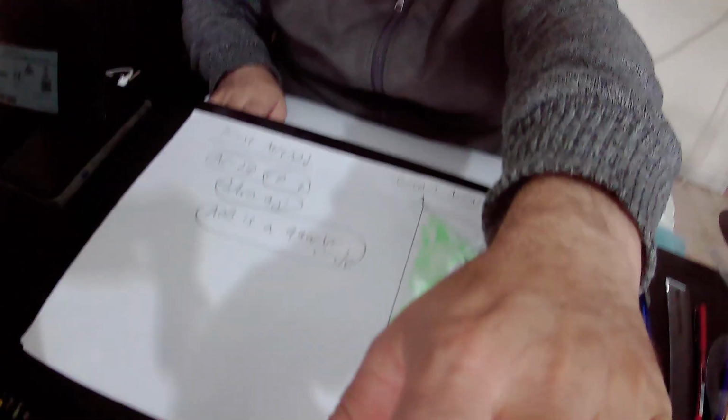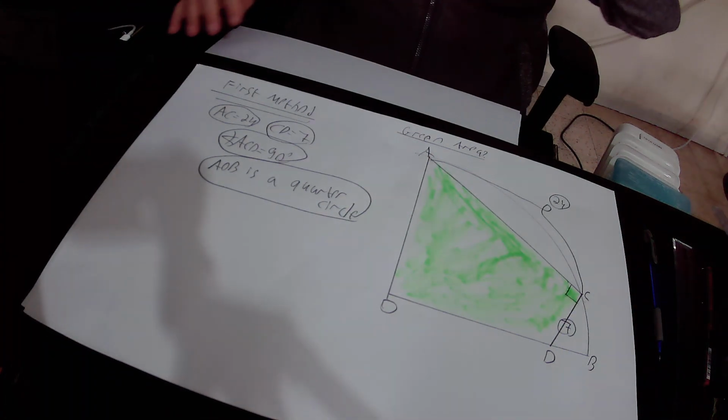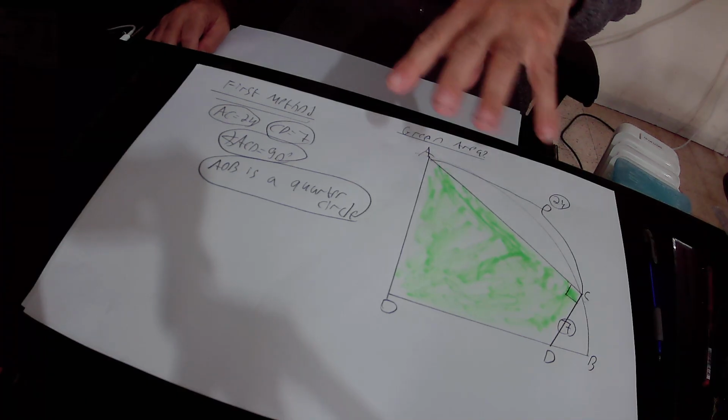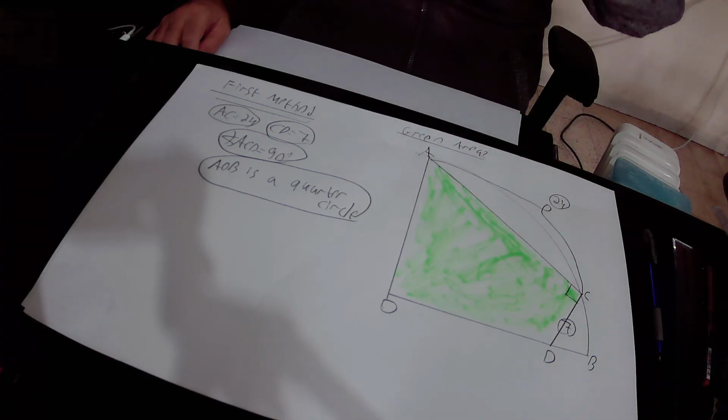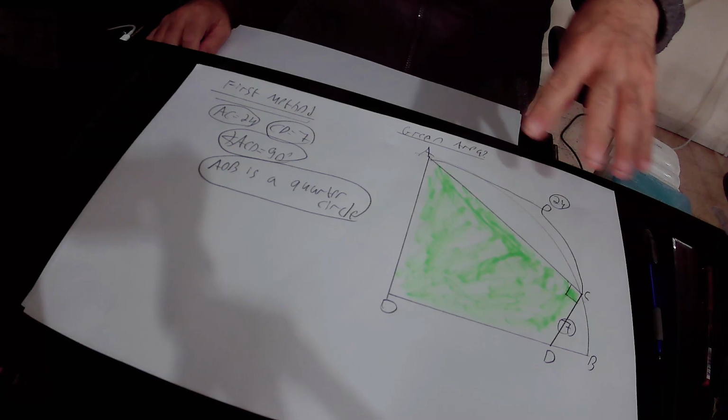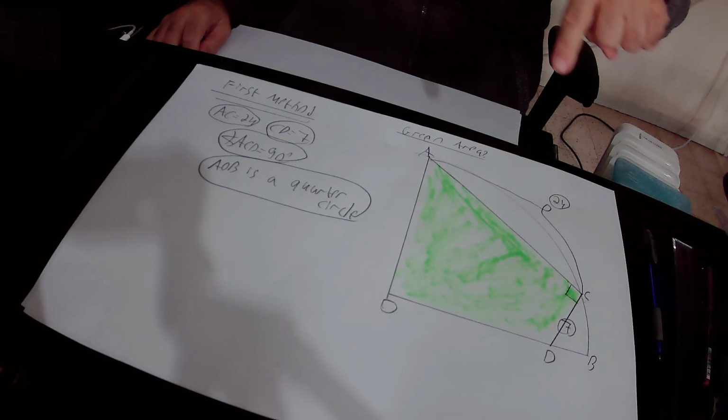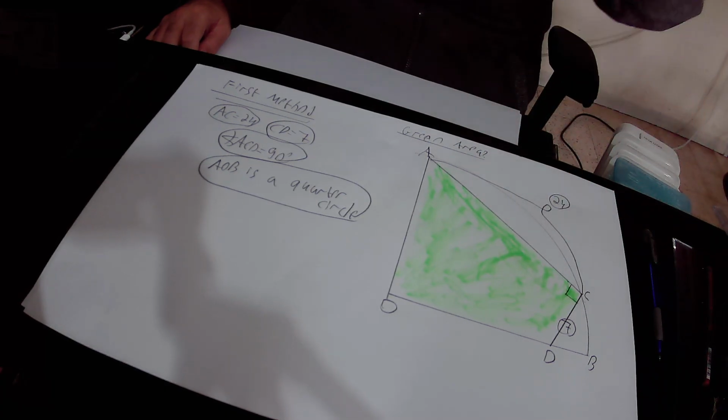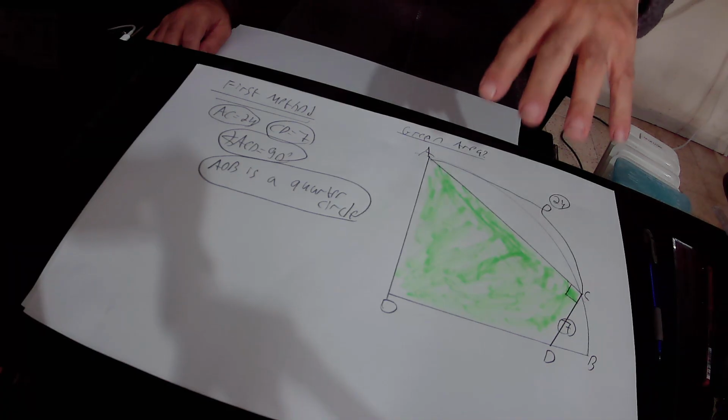Hello, in this lecture we find out the area of the green shape using two different methods. In the drawing we have a quarter circle, AOB is a quarter circle. Inside this quarter circle we have the green quadrilateral AODC, and our mission is to find out the area of